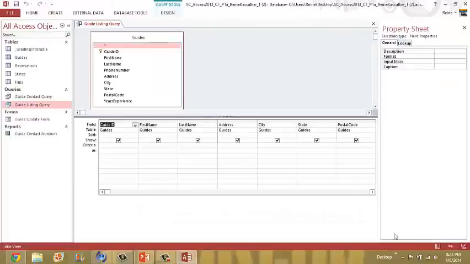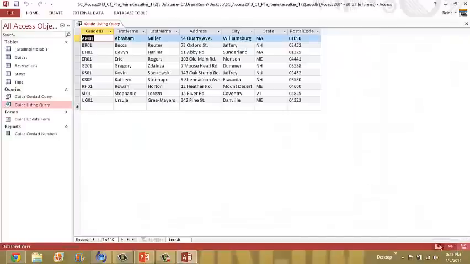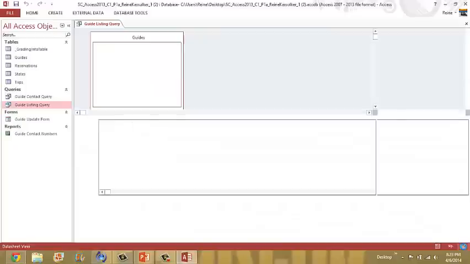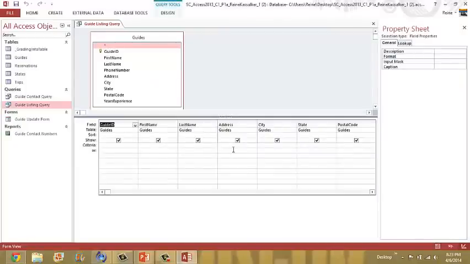Okay, so we were in table view, and I'm going down to the lower right hand corner of the screen, and I'm clicking design view, and I am going to come over to state guides, and I'm going to modify the criteria so that the query will only give me the state of New Hampshire. Okay, so I clicked in NH, and then I hit enter,